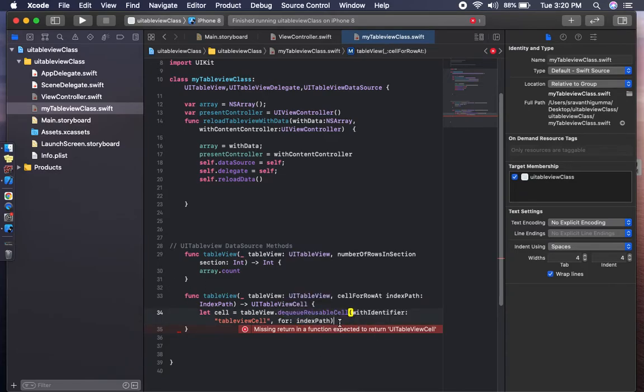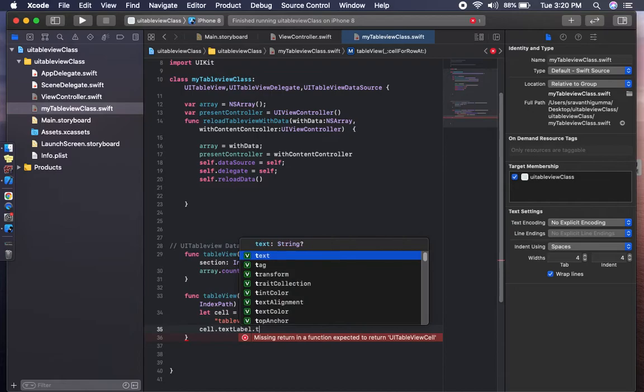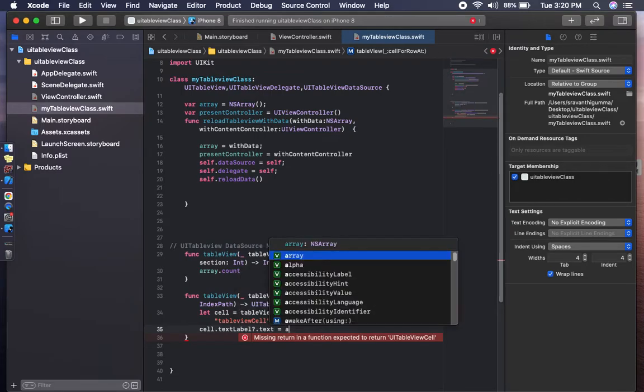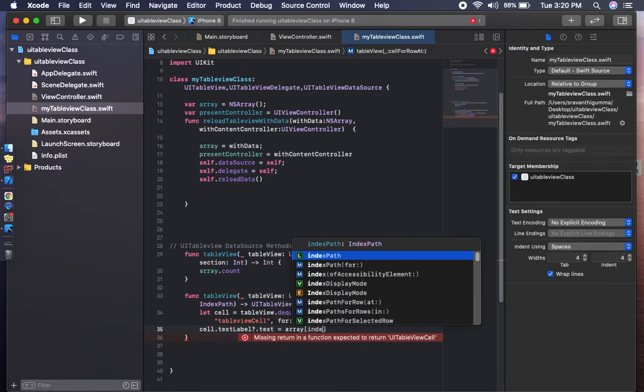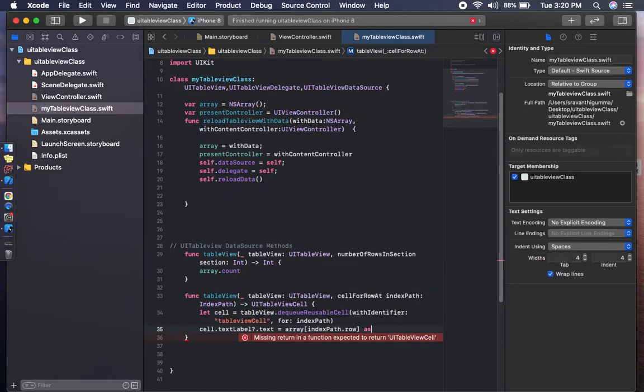Then cell dot textLabel dot text equal to array at indexPath dot row as string. We are displaying it as a string.